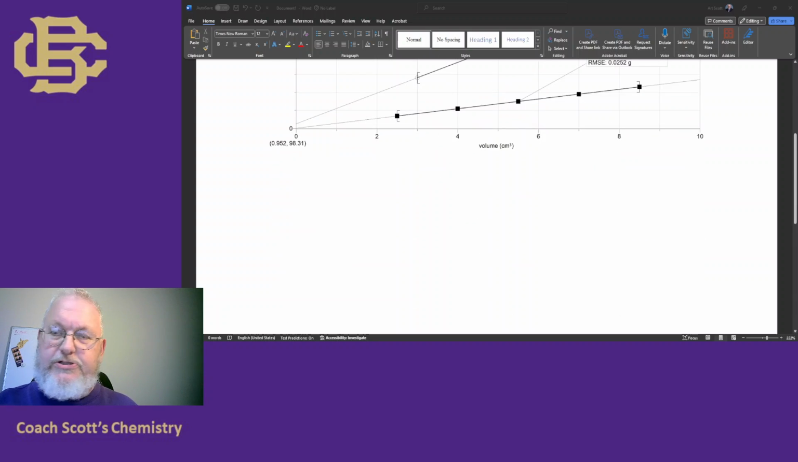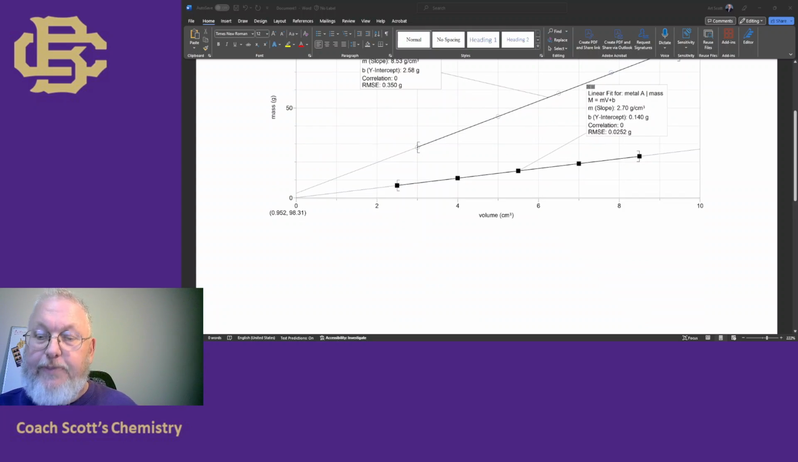Say I gave you a question like this. After looking at this graph, you had a piece of this metal, and of course we know it's a metal, or it's a solid anyway, because the density, the slope, is greater than 1. So it's probably not a liquid, probably not a gas. Say that you had